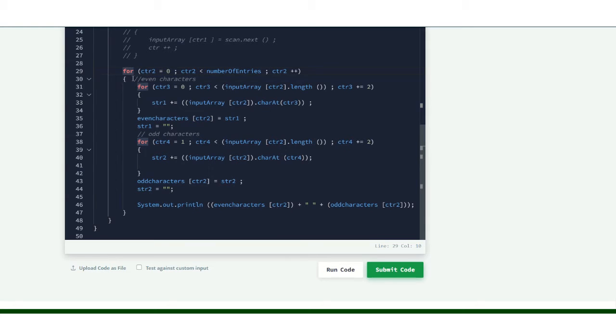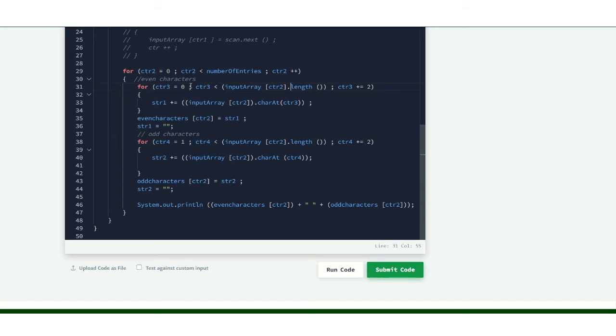Now inside the outer for loop I have two for loops. The first for loop separates each even character and concatenates it to a temporary variable called str1. The condition here is counter 3 should be less than the length of the string stored in input array at index ctr2.